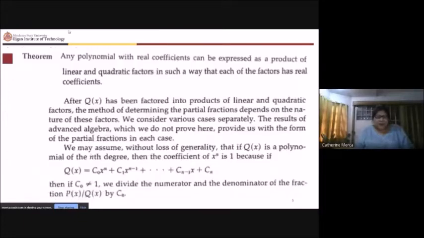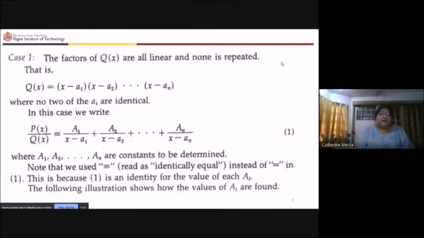Now, we have the following. So, I hope you had read this one. I will go straight to the solution, okay? So, the first case, say you have the factors of q of x are all linear and none is repeated. First case, all linear, none is repeated. As I've said earlier, that x squared minus 4 can actually be factored so that you will have linear factors. So, when you're going to solve for that one,